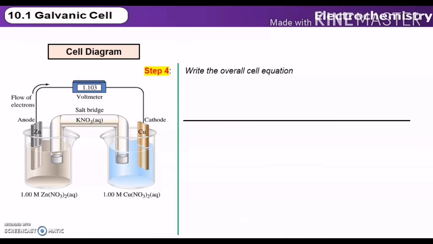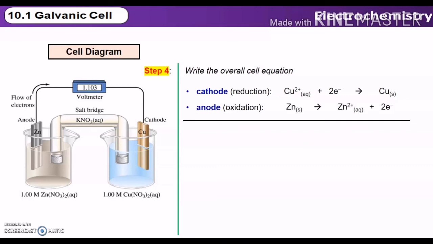Next, let's have a look at how to write the overall cell equation. At the cathode, we know that this is the half cell equation. At the anode, this is another half cell equation. In order to write the overall cell equation, we need to add these two half cell equations. Before we can add them, we need to make sure that the number of electrons in each half cell is the same. In this case, they are the same. Two electrons, and the two electrons can be cancelled off. So now we can write the overall cell equation. On the left hand side, we have Cu2+ ion and the zinc metal. On the right hand side,